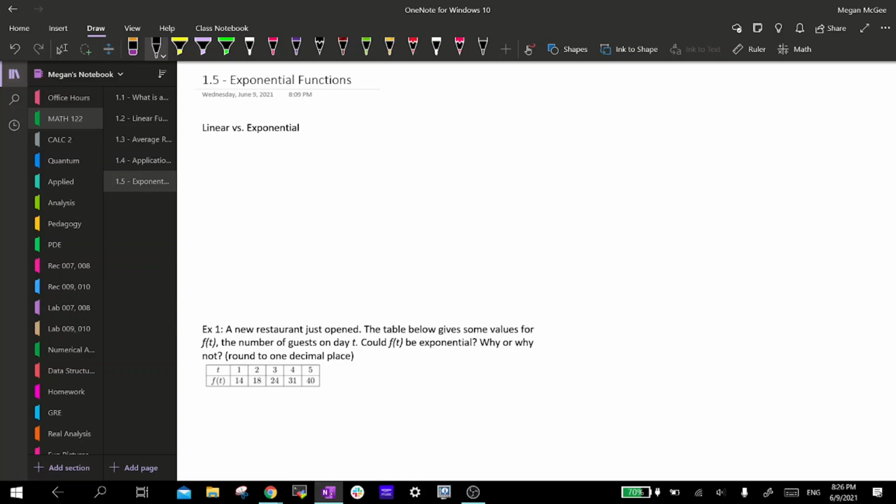So today we are talking about section 1.5, which is all about exponential functions. While a linear function, which we have learned about the last few sections, has a constant rate of change, which we know as the slope, right? Alright, so while a linear function has a constant rate of change, an exponential function